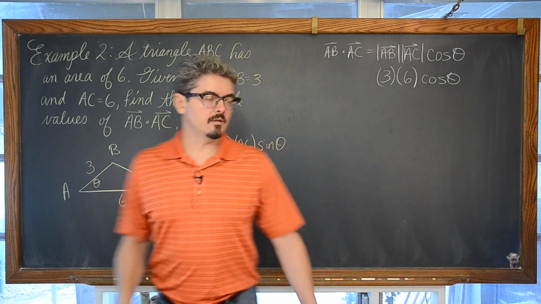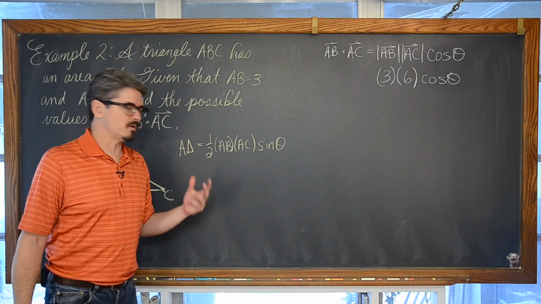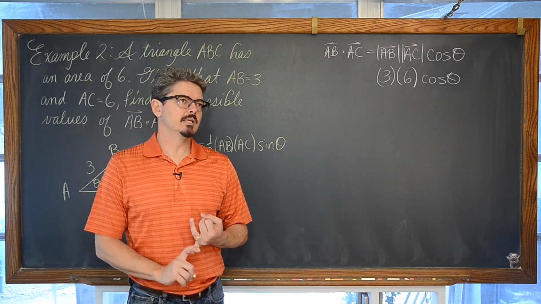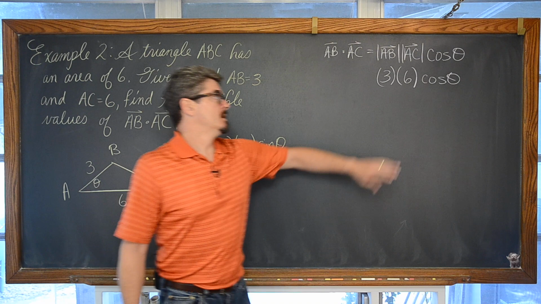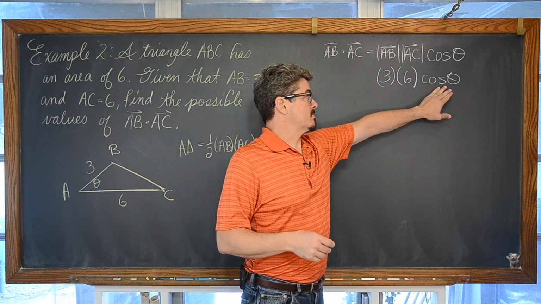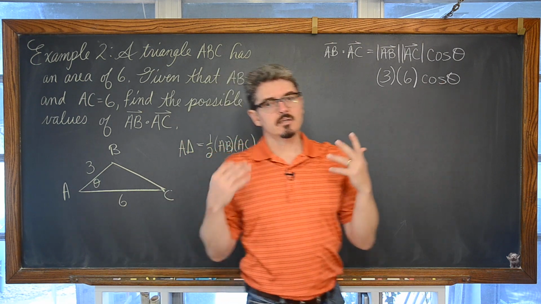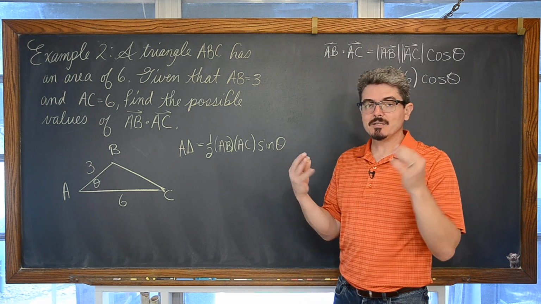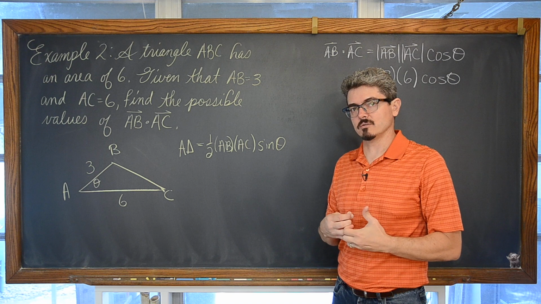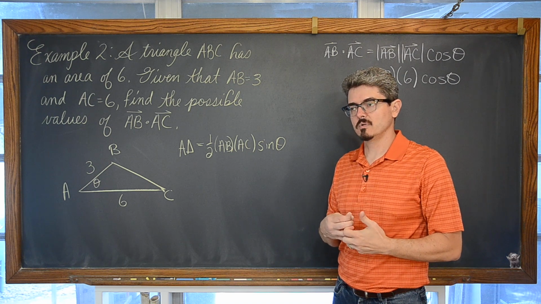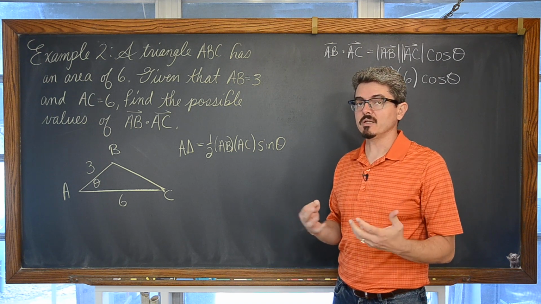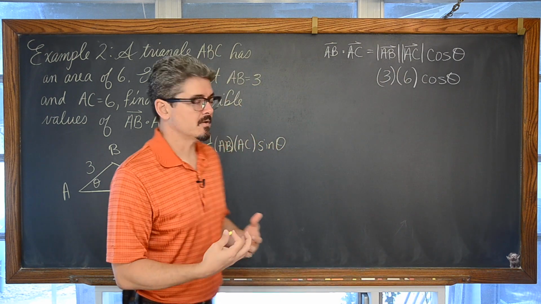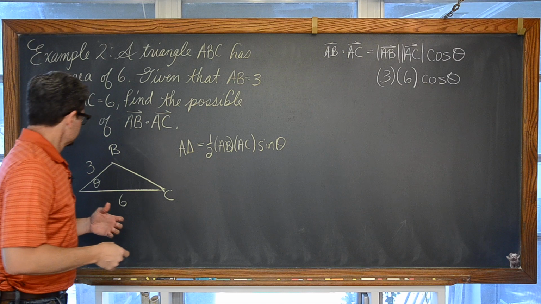Now, why is this the formula that I'm going to want to use? Well, not only does it fit the information in the problem, but 1/2 base times height is not going to take us as directly to knowing some kind of ratio for the cosine of theta, nor does Heron's formula use a trig function in it. And this is a non-calculator question. So we're not really going to have the ability to find out what theta is equal to, but we're going to have to use our trigonometric skills to work through this problem.